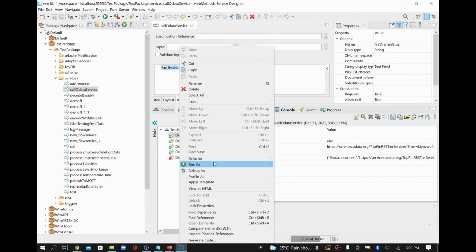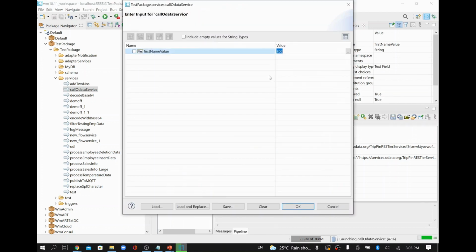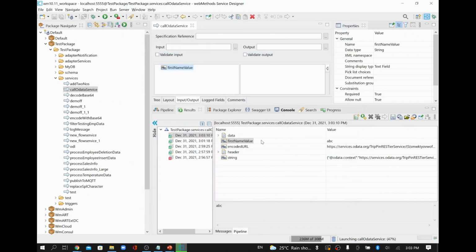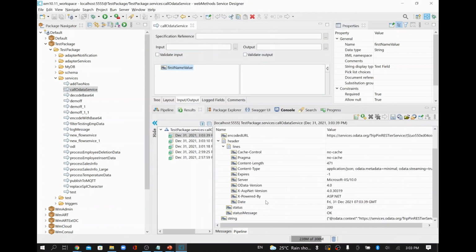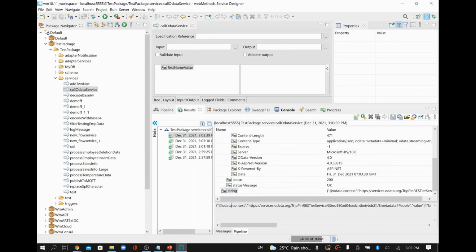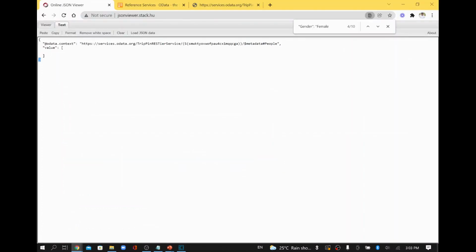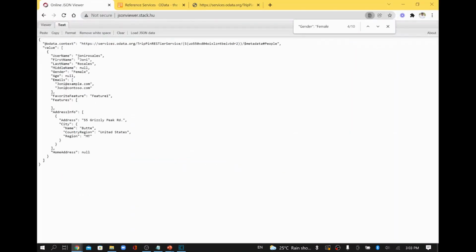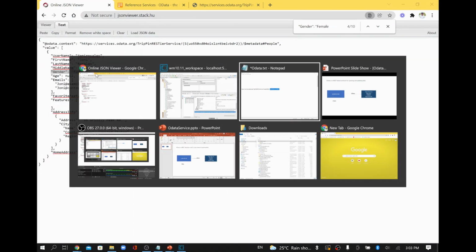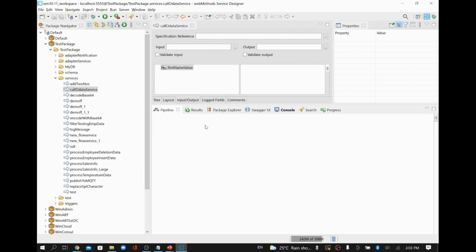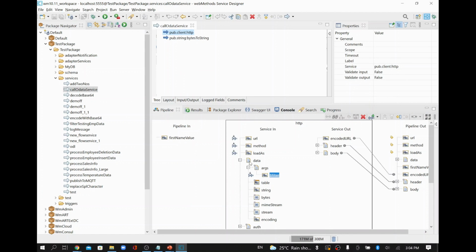So I'll try to run it with Joni now. I'll run the flow service. I'll give Joni and run it, and we will get that one record which has Joni. I'll copy the output. So this way we can substitute any kind of runtime variable in your filter condition as well. See here, first name Joni and gender female, that's the condition we gave in the filter. I'll go to the tree tab and click HTTP, and you can see the dollar filter. The condition is under dollar filter here. So that is the syntax.